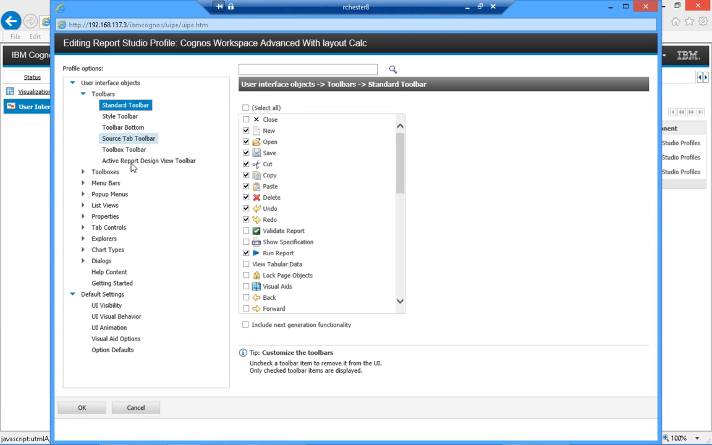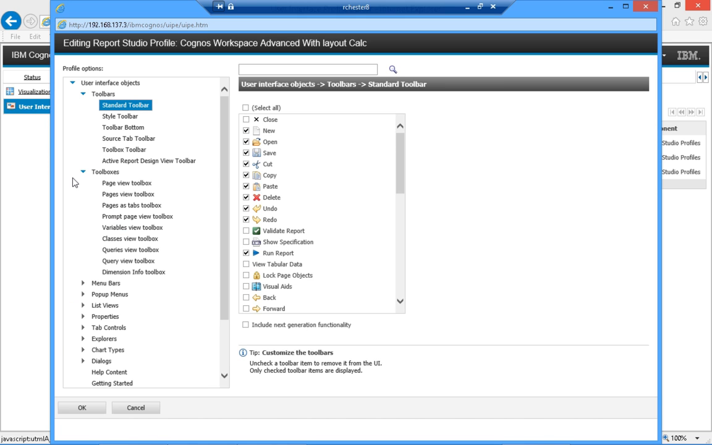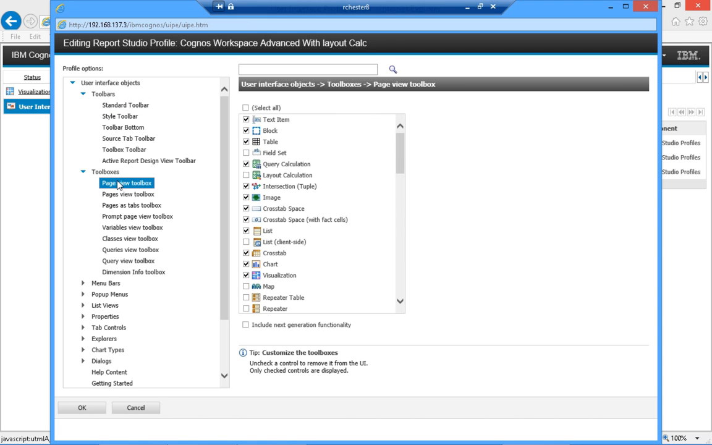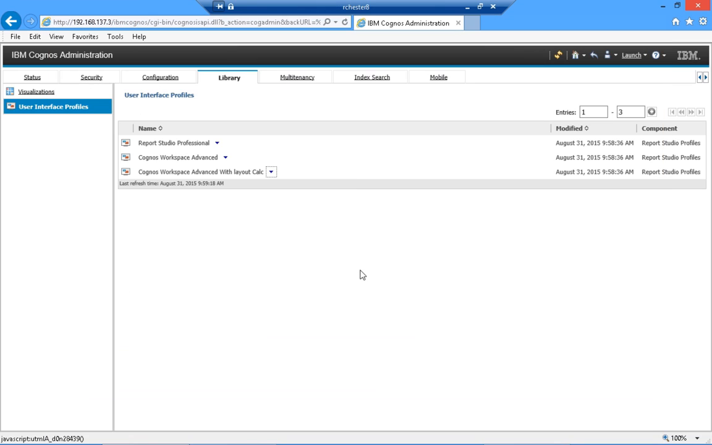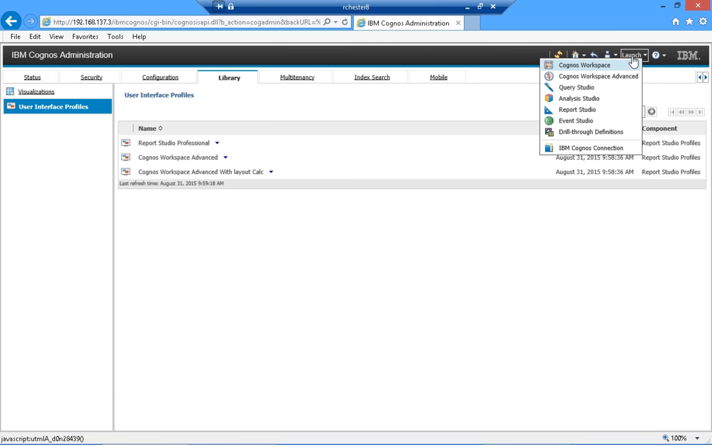And there's an awful lot of things you can turn on and off in this interface. And I have yet to find a great document that explains what every one of them is. So I have found, I've been doing a bit of trial and error. But I know that if I go to my toolboxes and I go to my page view toolbox, you'll see that layout calculation is not checked. I will check it, and I'm going to click OK to save my profile. Now I'm going to launch Cognos Workspace Advanced,